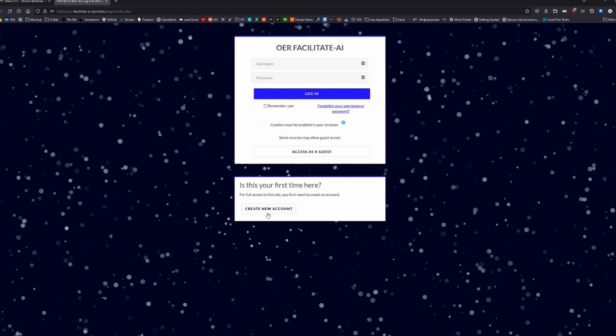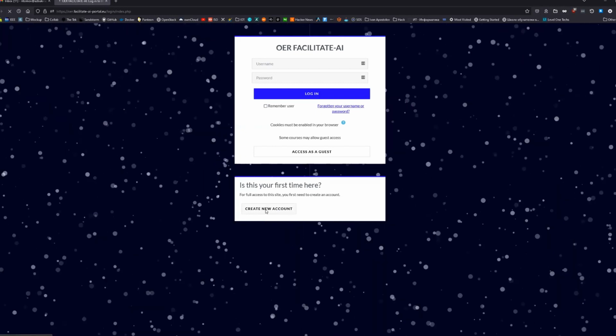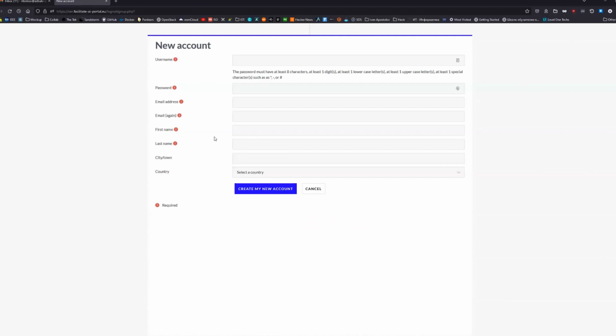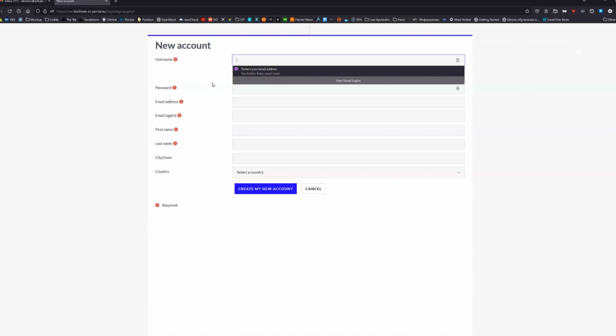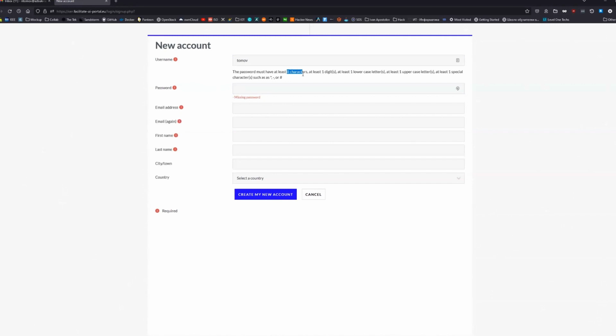So when we came here, we can click to create a new account. It will lead us to the account creation page. So here we must enter our username. After that, we need to enter a password, but the password must have at least 8 characters, at least one digit or more, at least one lowercase letter or more, at least one uppercase letter, or at least one special character.